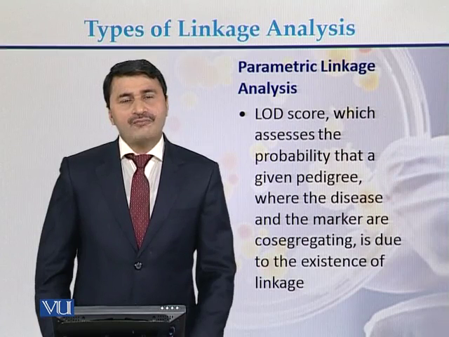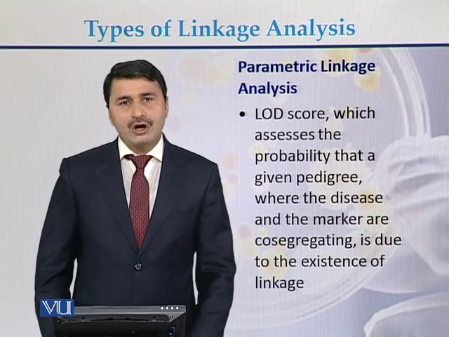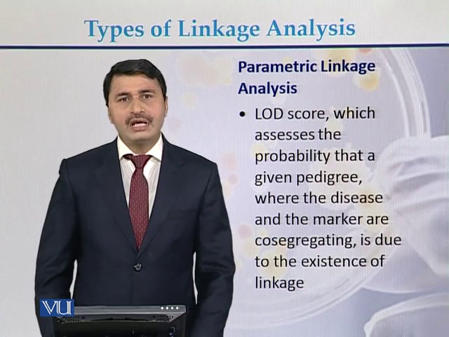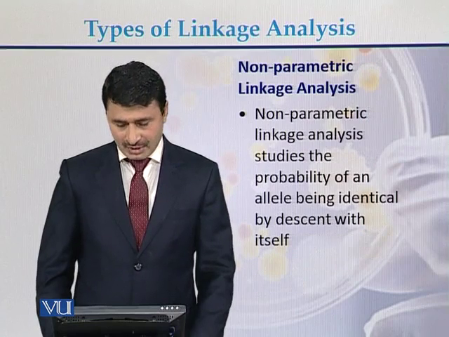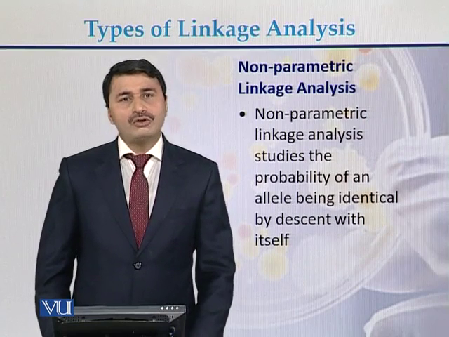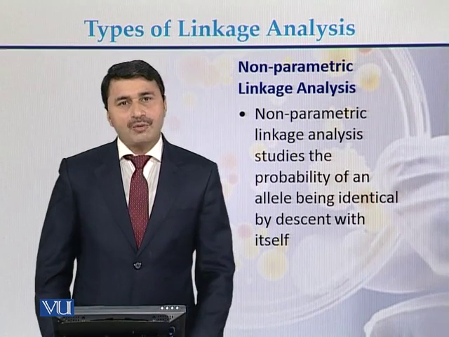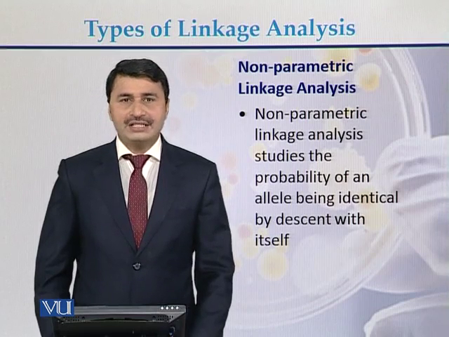Usually in parametric linkage analysis, the LOD score is calculated. The LOD score tells whether the phenotype and the markers are tightly linked. If there is a higher LOD score, then there is a high probability that there is a gene for a particular phenotype. While non-parametric linkage analysis studies the probability of an allele being identical by descent